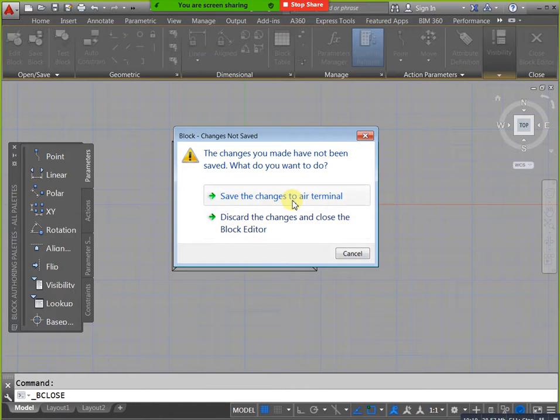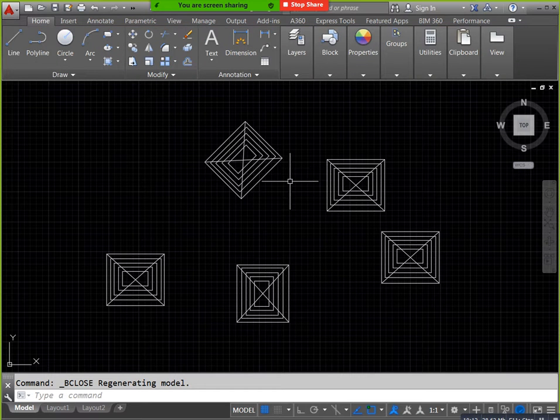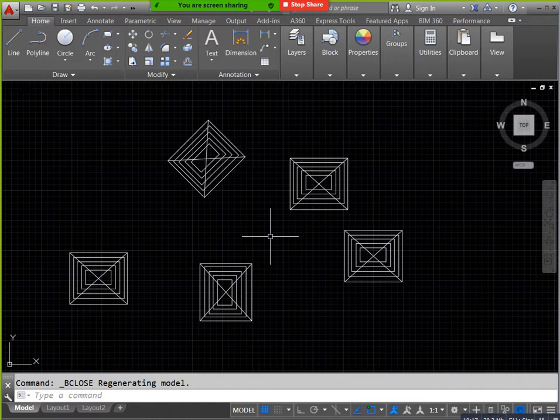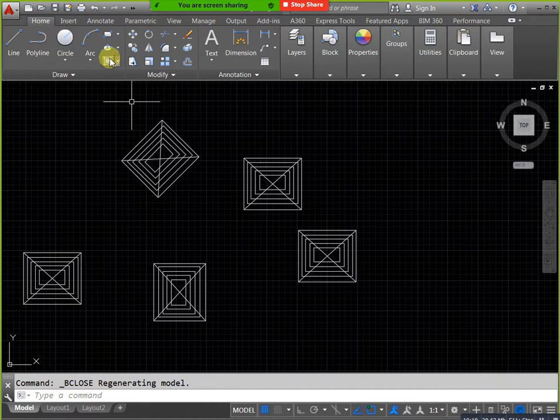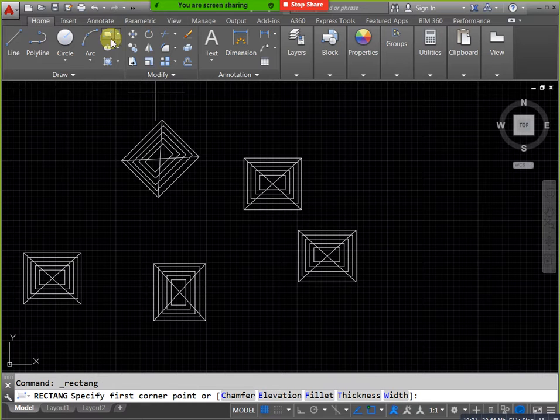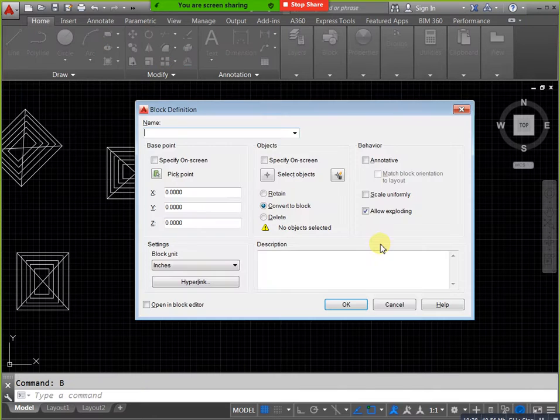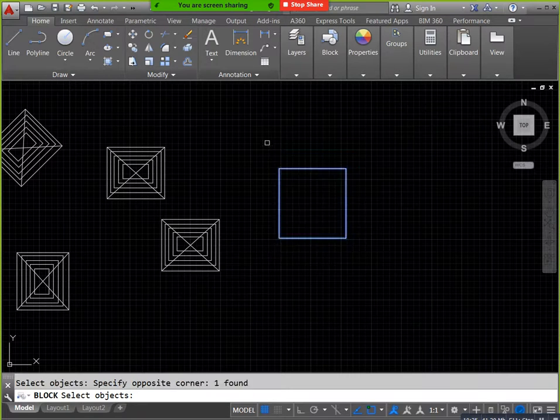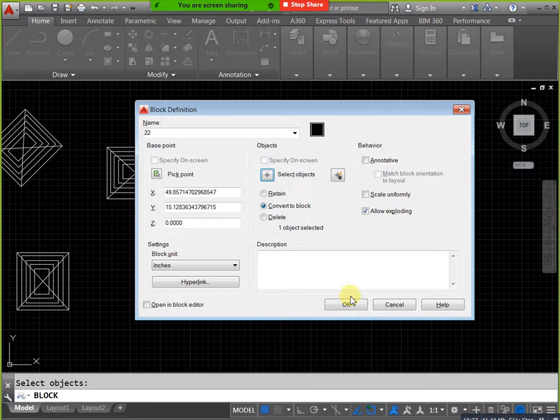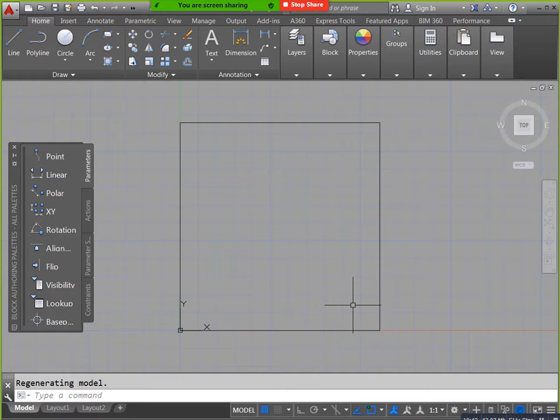For example, I don't need this one, I will create one more here. This is my rectangle, simple thing. Next you can create a block for this one also, that is double to name. You can select pick point here, select this base, select objects, select your item, enter. Okay, if you need this one, directly click here, open block editor. Automatically it opens like this. But we don't need that one. I need to open this one again, double click here. When you double click, it automatically opens like this.